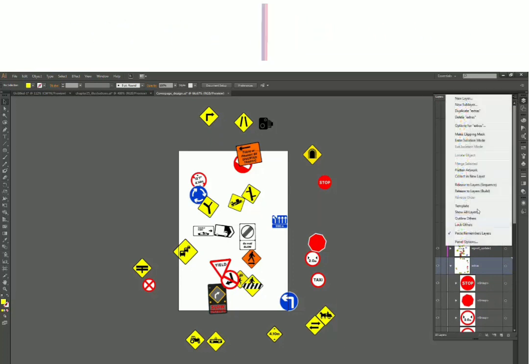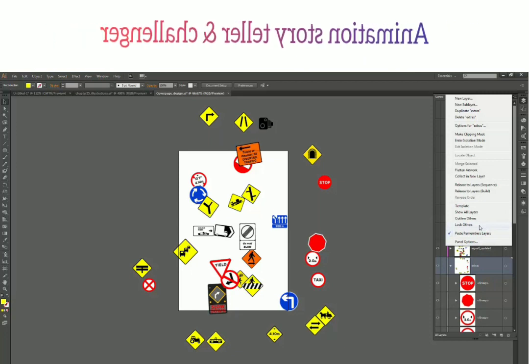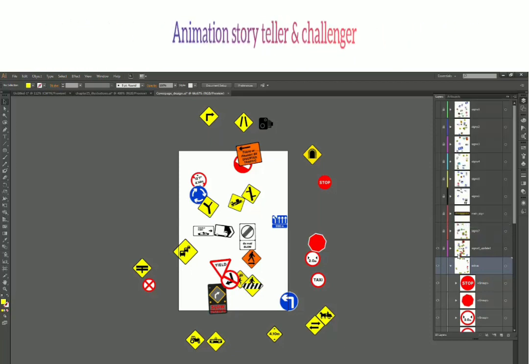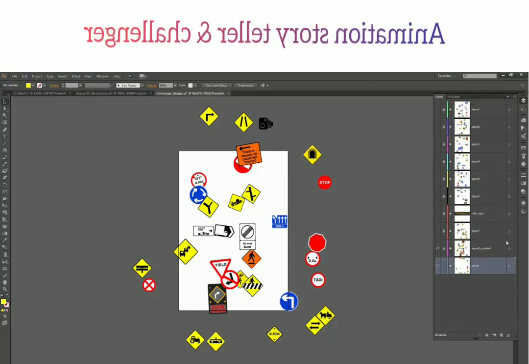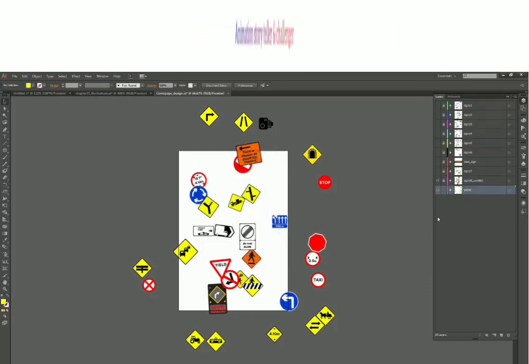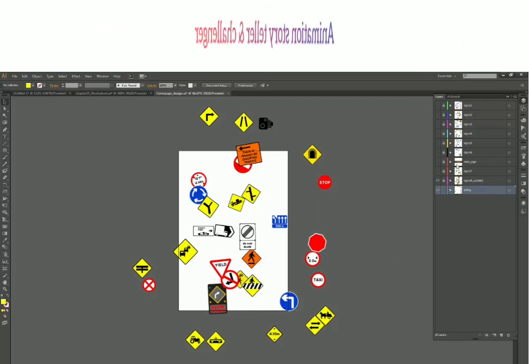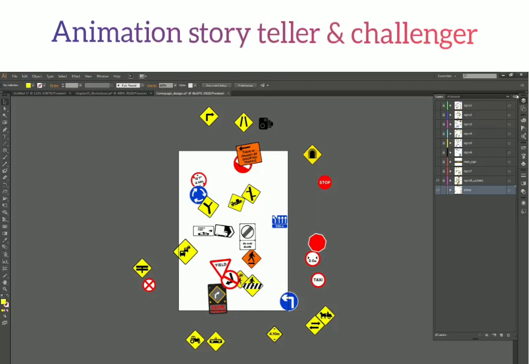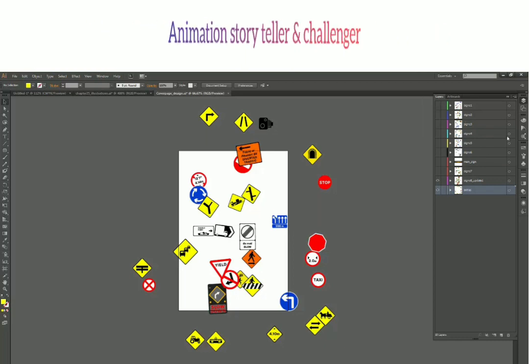What other options do we have here? So lock others, like the name says, it will lock all other layers, except your current selected layer. So actually, let me go back to panel option and make it large only. So this is visible better. Okay, so it has locked all other layers except the layer you have selected. So either you can just click on this and unlock them, or you can go here and say unlock all layers. So it unlocked all the layers.